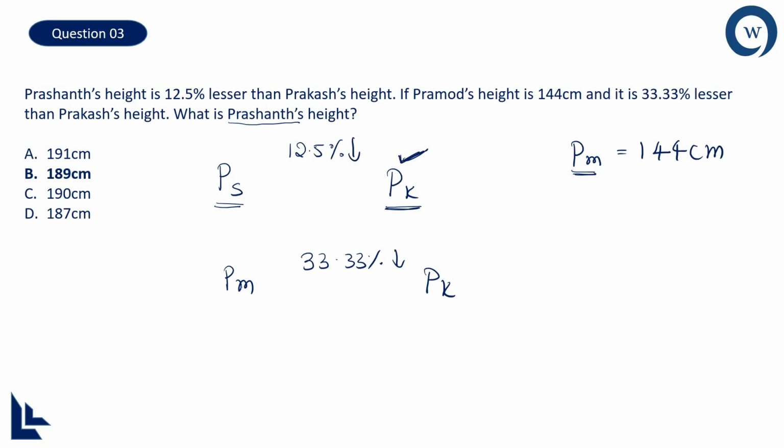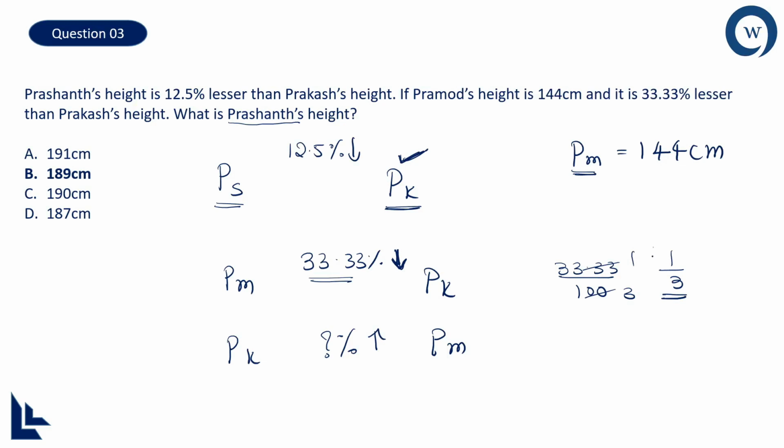Right, now you tell me the answer. If Pramod's height is 33.33% lesser compared to Prakash, by how much percentage is Prakash's height more compared to Pramod? This is the kind of problem we solved earlier. We can do it like this. 33.33%, I'll convert this into a fraction first. 33.33 divided by 100. See, 1 time and this is 3 times. So that is 1 by 3. And now this value is a lesser value, and you're asked to find out how much more it is compared to Pramod.